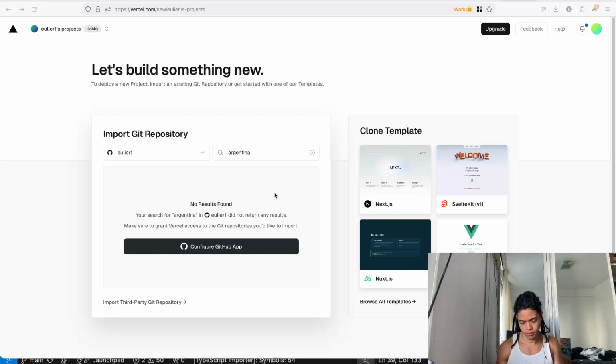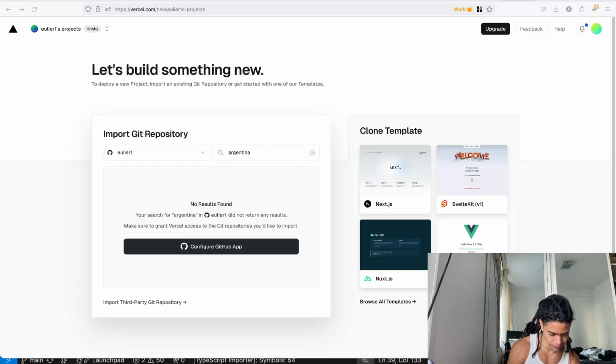Right now what I'm doing is just to provide the two-factor authentication code here.